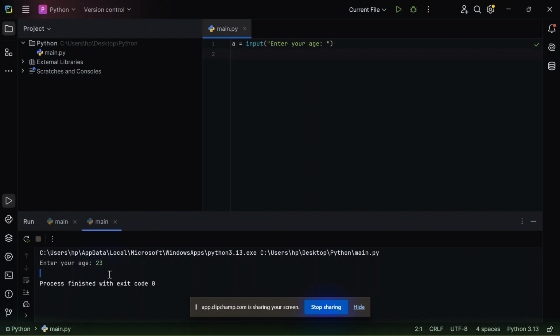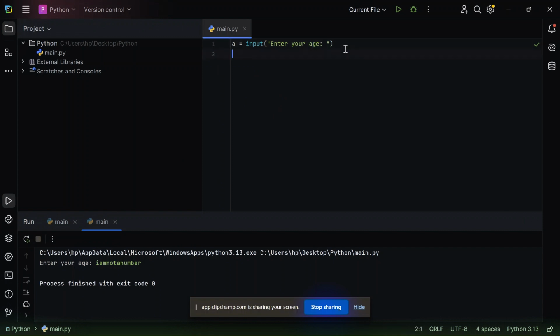Okay, but to fix it, let's do one thing. I also want to tell you something. For example, there's a mischievous user who will do everything out of context. If he types I am not a number, then a's value will be I am not a number, because the input function doesn't know what age is.